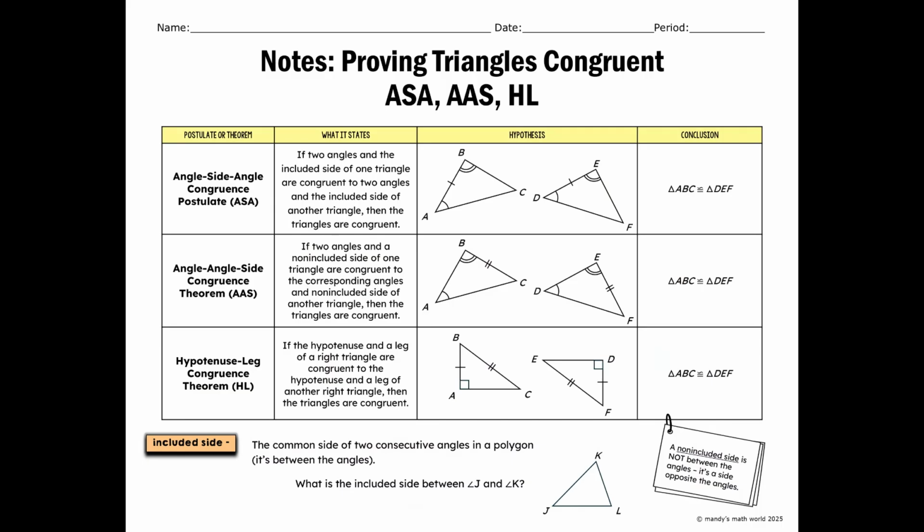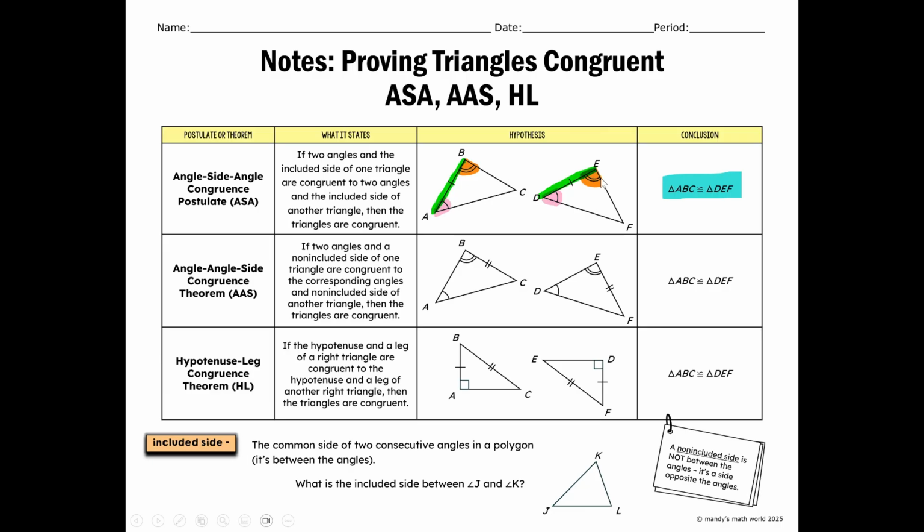So let's get started. I'm going to just talk about each one of these, and then we're going to look at some examples. So the first postulate is the angle-side-angle congruence postulate, and it states that if two angles and the included side of one triangle are congruent to two angles and the included side of another triangle, then the triangles are congruent. So right here, I have two angles, this angle and this angle,